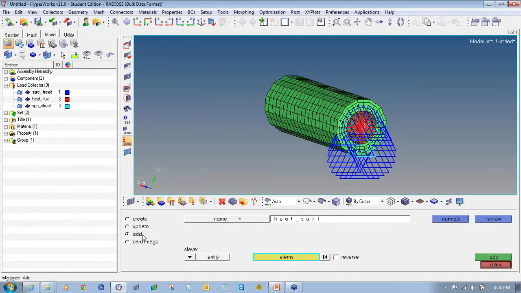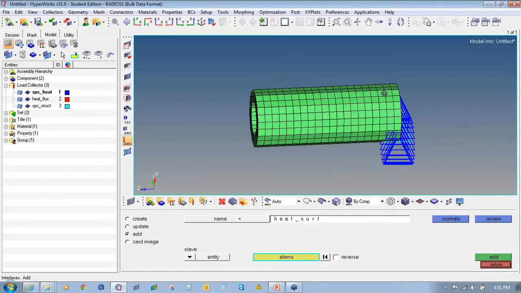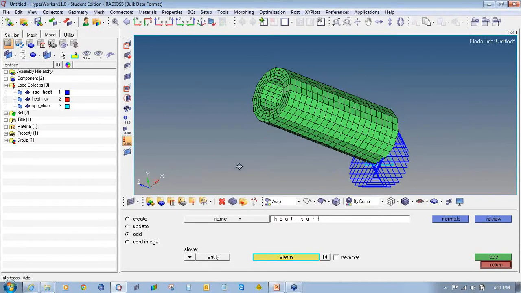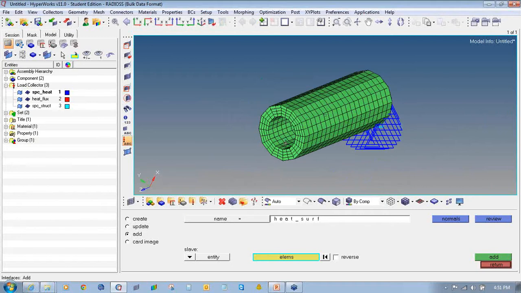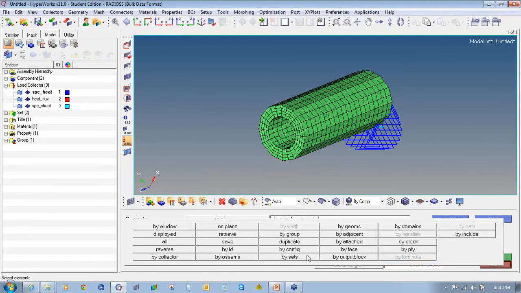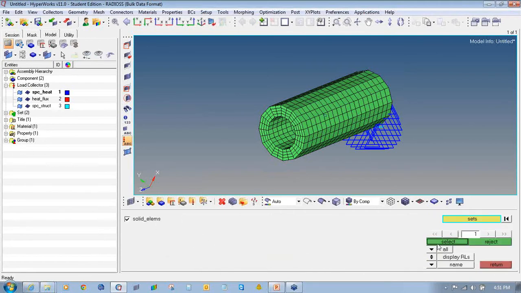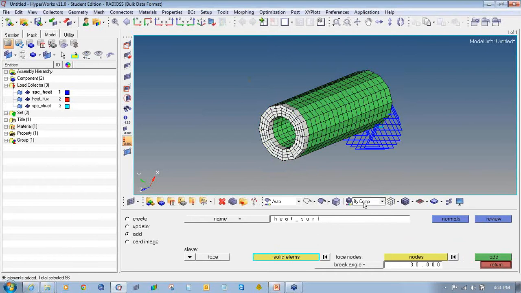Then we'll select radio button add. Select the heat flux. Rotate the model to the front side. For the slave we will select face. Solid elements by set and we'll select these. So only these elements will get selected.